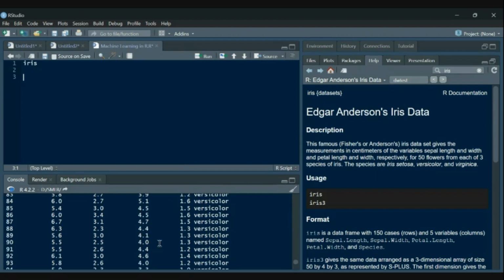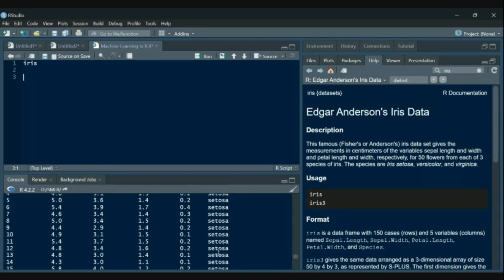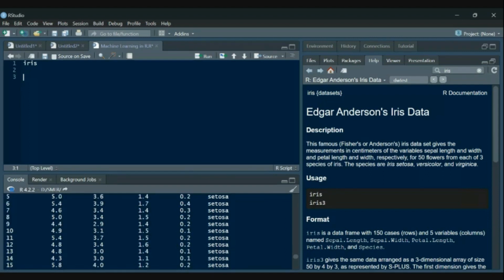Now, if we look at it, there are the species, and the petal lengths and the sepal lengths. Okay, is everyone able to load it in R?